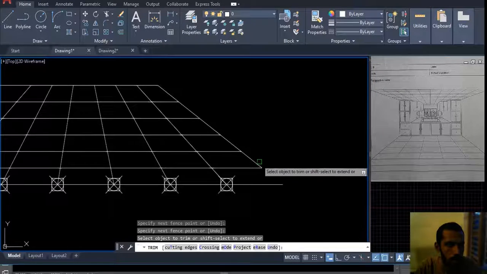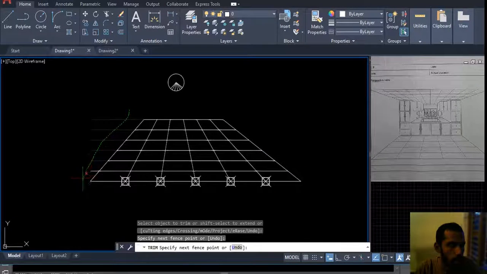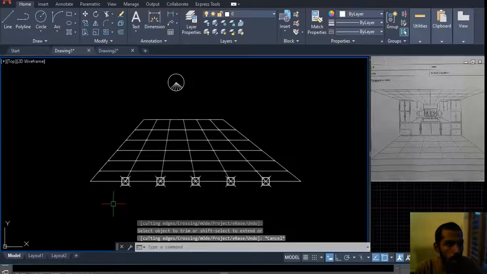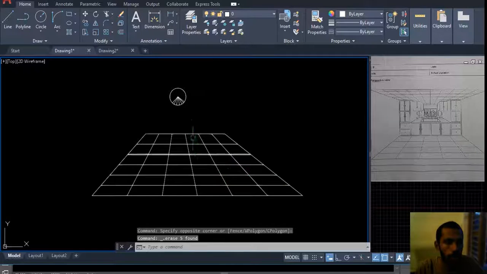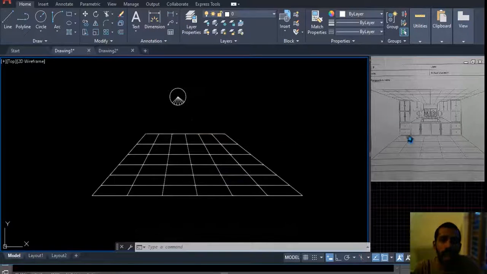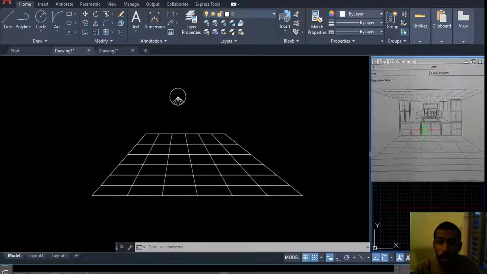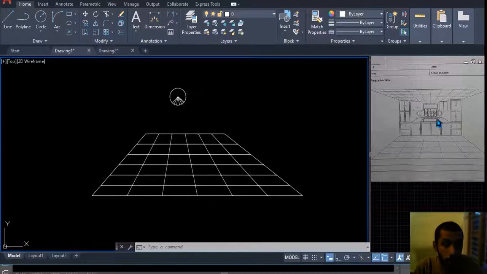Oh wow, so this again, get out, and we don't want to have these points here. Thank you. So that's all about floor. You know, it might not be possible for you to generate the same diagram as shown here. Why? Because the position of the vanishing point and the position of all these lines will differ from person to person, so don't expect the same photocopy of this diagram here. Okay,